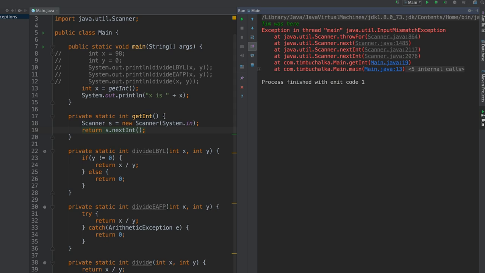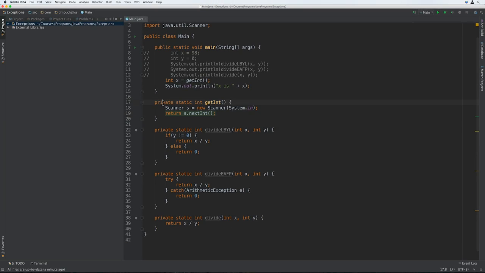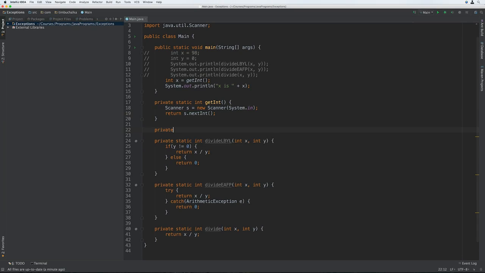So to cope with that, we can read the input into a string instead, and then check each character in the string to make sure they're all digits before attempting to parse the input into an integer. So we're going to create a getInt lbyl method and call that on line 13 instead. So let's close that down and let's write this method. Down here we'll put private static int getInt, look before you leap, lbyl,